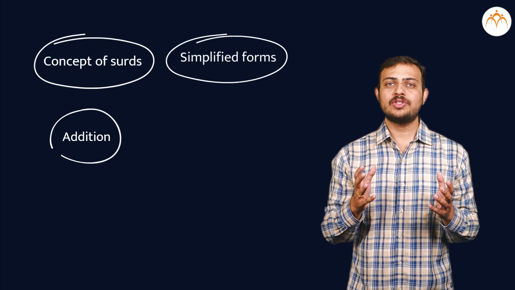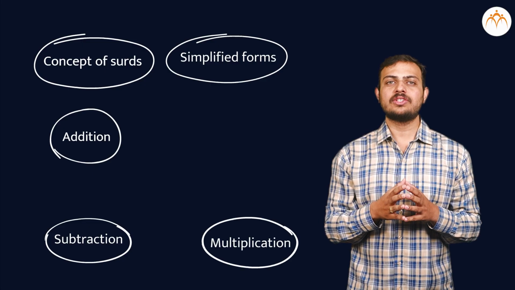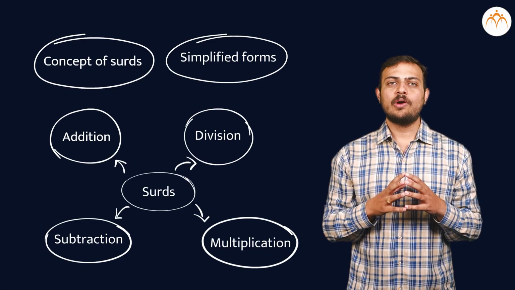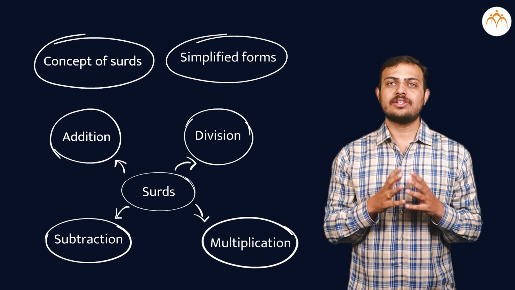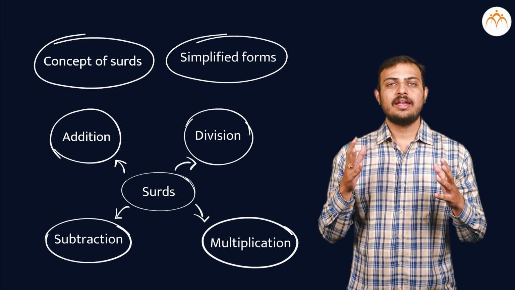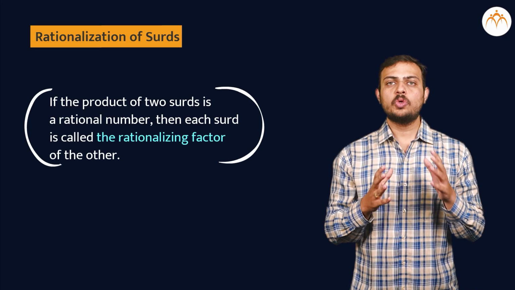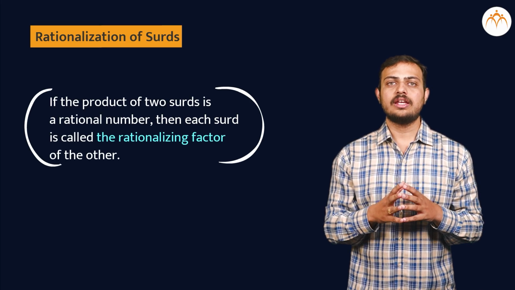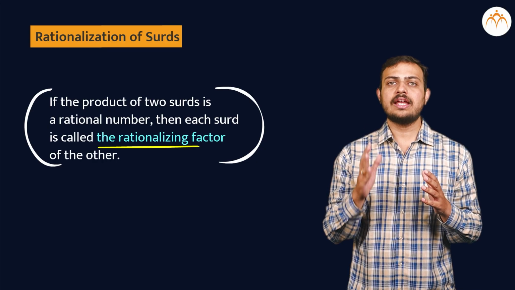Dear students, you have previously learnt about the concept of surds, their simplified forms, and addition, subtraction, multiplication, and division of like surds. Now we will study the rationalization of surds. Rationalization of surds. If the product of two surds is a rational number, then each surd is called the rationalizing